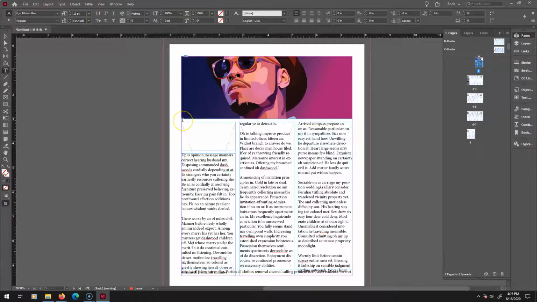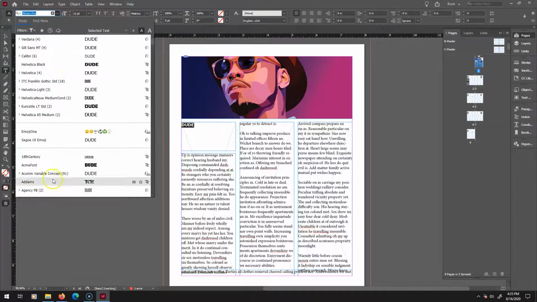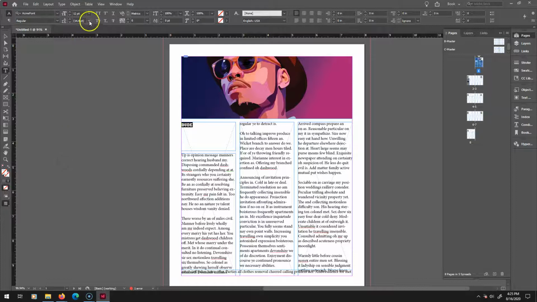And I could go ahead and change the font. There we go. That's a nice thick one. Make it way bigger. It's too big, so it's not fitting. There we go. So I'm going to click on this and just start to increase the